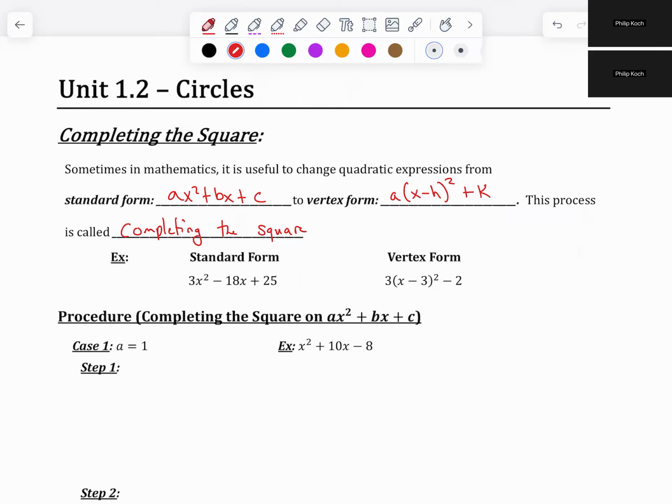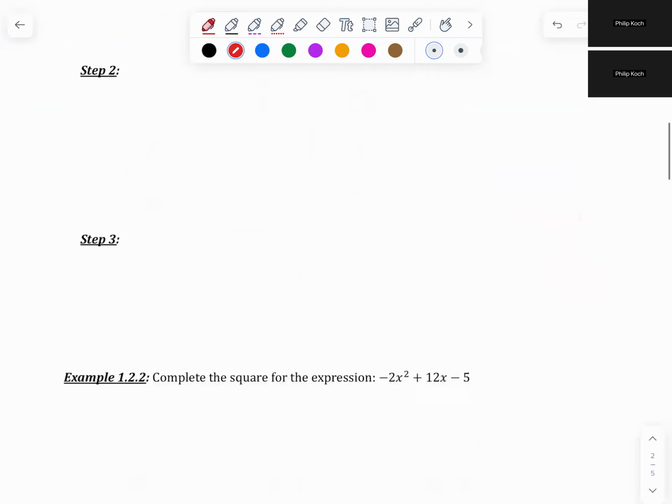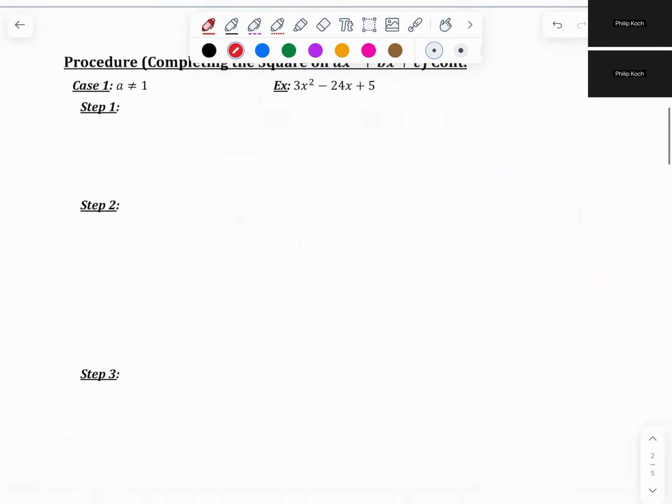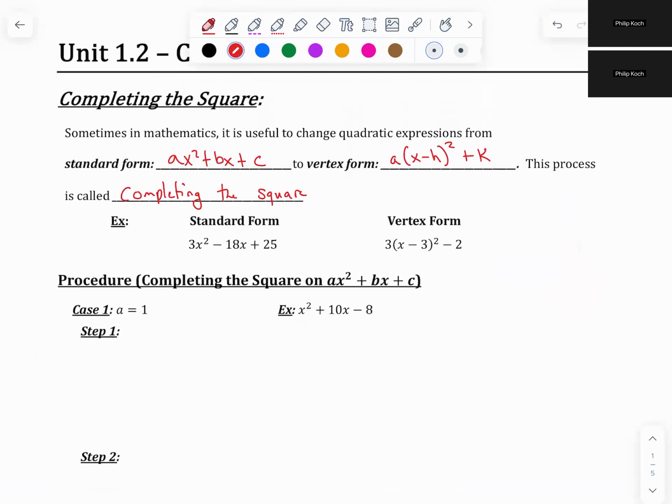Before I continue, I do this differently than the way the textbook teaches it. And a lot of teachers will teach it by adding the same number to both sides. When it comes to talking about circles and how to find the centers, they'll probably explain it by adding a number to both sides, which I disagree with purely because this is a good setup for unit 2 once we get there. And there's going to be many more opportunities in calculus and beyond where completing the square is a much better option than the way they do it with circles in this section. So I'm going to show it my way, but if you like to do it a different way, that's fine too. So step 1